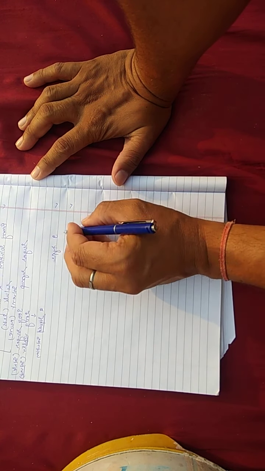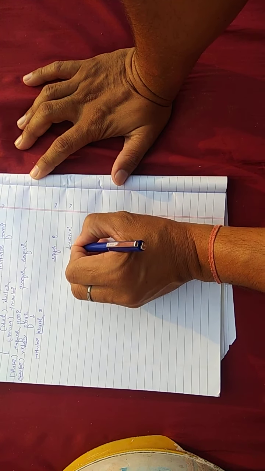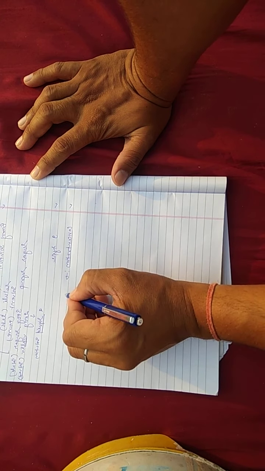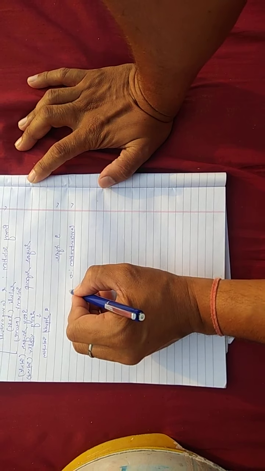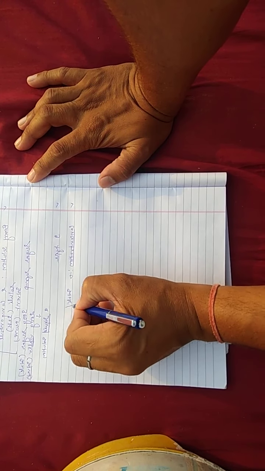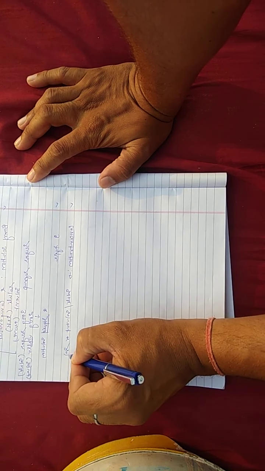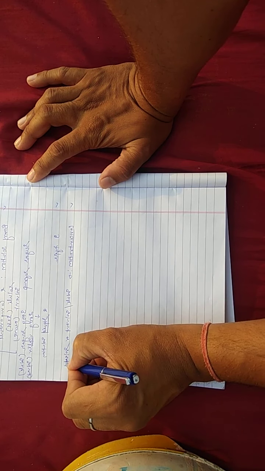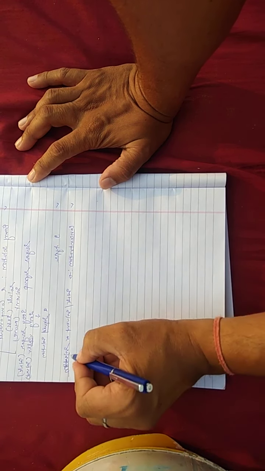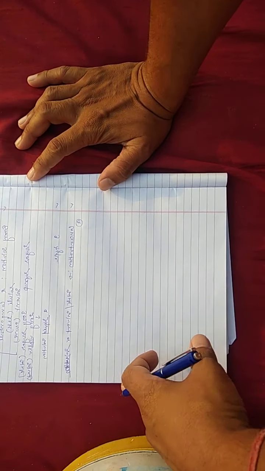Now if we come to the next topic, then we have to think about concentration. Already this topic is taught in class 11th. What is concentration? होता क्या है concentration? So it is the amount of solute in given amount of solvent or solution. Okay. So the first way to express concentration is